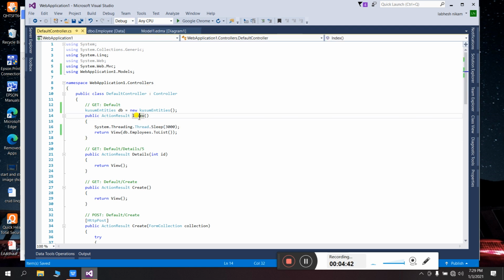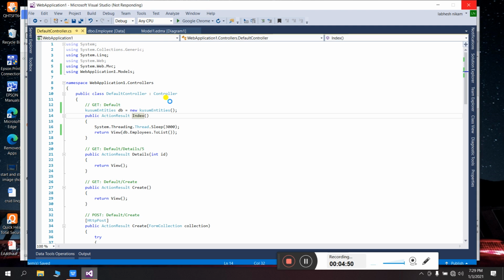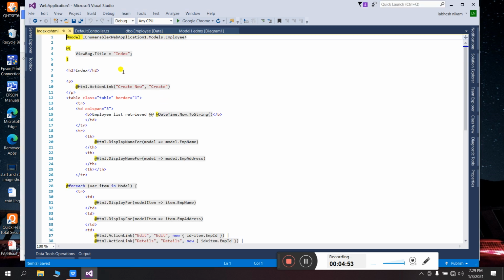Okay, let's run this application using the Index view. Create the Index view. Is it already created? If not, then we will create a new Index. Okay, it is already created. So let's go to this. Here I have already added this row tr, and inside of it I have passed the employee list retrieved at the rate DateTime.Now.ToString. Save it, build it and run it.